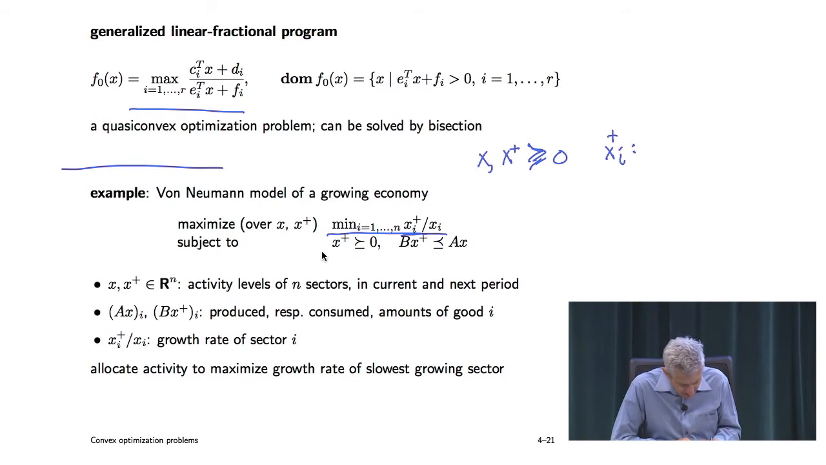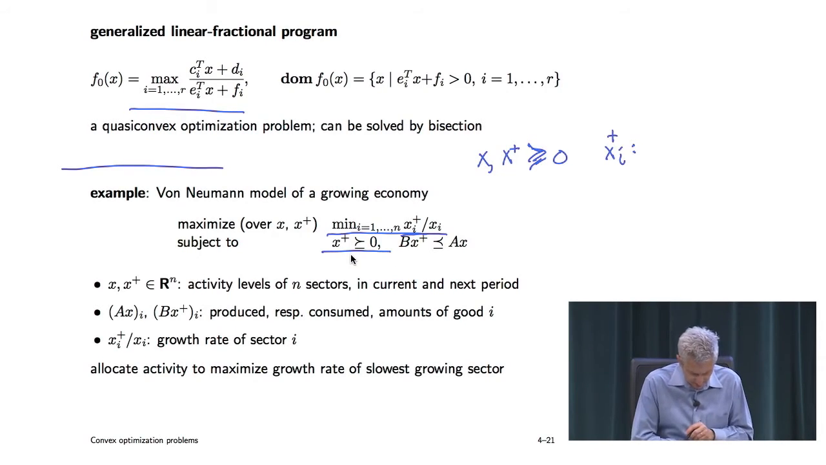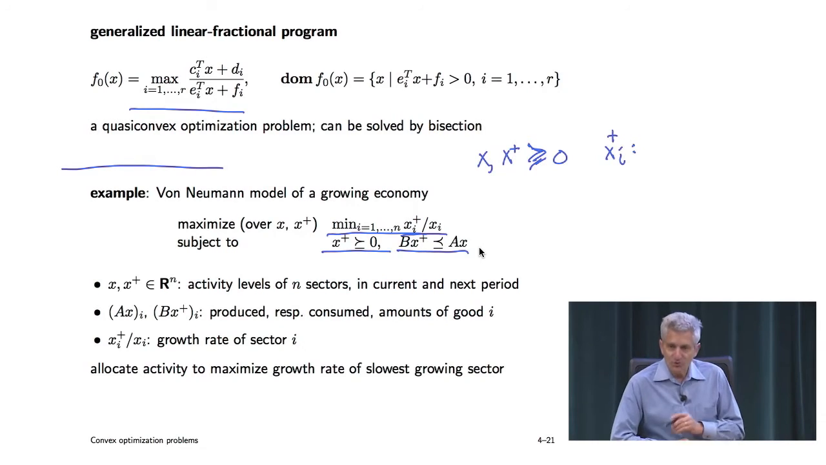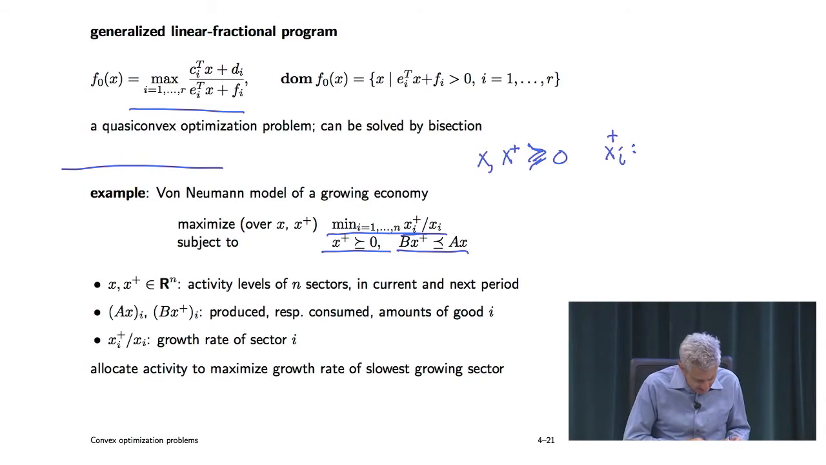Well, of course, there is the constraint that x plus is greater than or equal to 0. The x_i's are, by the way, positive already because the domain of this implies that, and so will the next constraint, but we'll get to that. Then there's a constraint that couples x and x plus, and that's this. So A is a matrix that when you multiply it by x, its ith component gives you the amount of